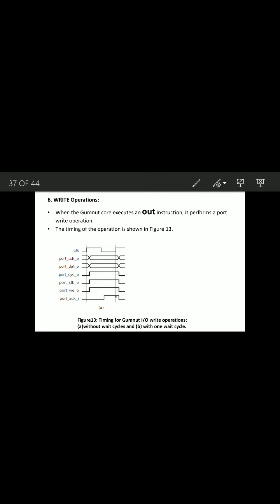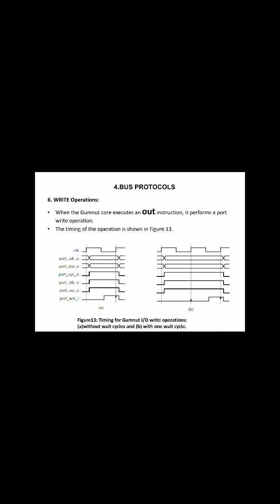Please observe this figure. There's a GumNet processor where the signal and data transfer can occur with delay or without delay. This is a series of waveforms where the clock signal is there and the different port signals are also displayed. In this you can see the output is obtained after a clock signal. There are two clock signals, and we are getting the output at the second clock signal. Another figure is there, where we are getting the output after a particular clock delay.